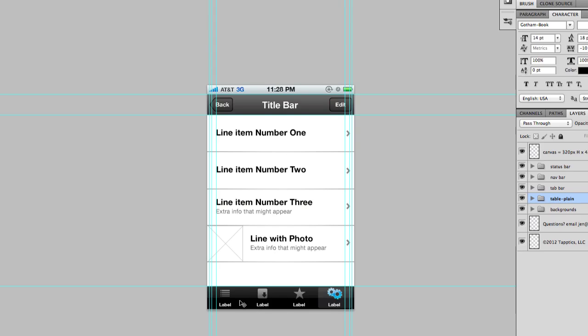And at the bottom, we have the tab bar. In the middle here, I'm going to show you how to skin a plain table. That's what this is called. A plain table, or also it's referred to as a list view. Okay, so that's that particular template. I'm going to also open up